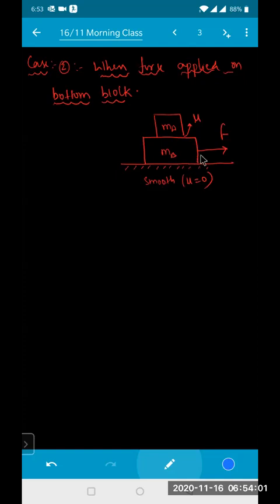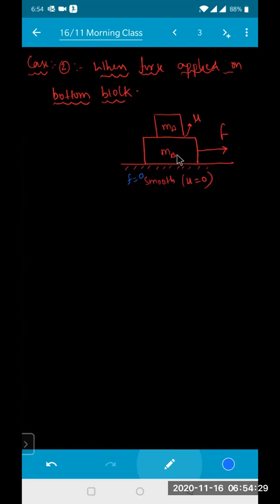Now see here, this small mA, when you are applying the force, no doubt it will be accelerating in the front direction. Whatever the situation, whether it moves on this block or not is a later matter. When you are applying the force, your force is greater than the friction here. How much friction did we assume here? 0, because it is a smooth surface.